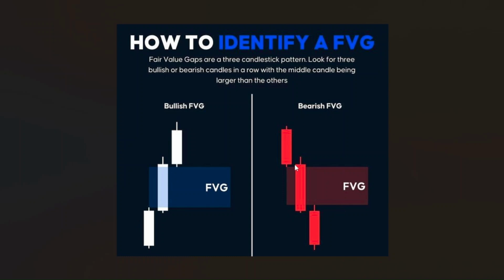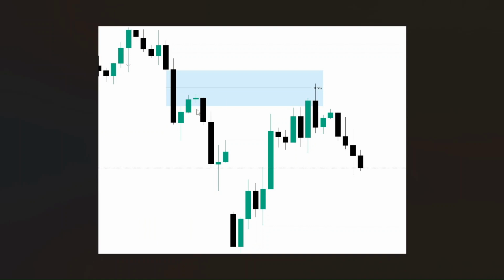For a bearish one, it's the same thing. A gap between the high and low of two candles, that's a fair value gap. As simple as that. And then this is an example of it on a chart. All right, so we got one,